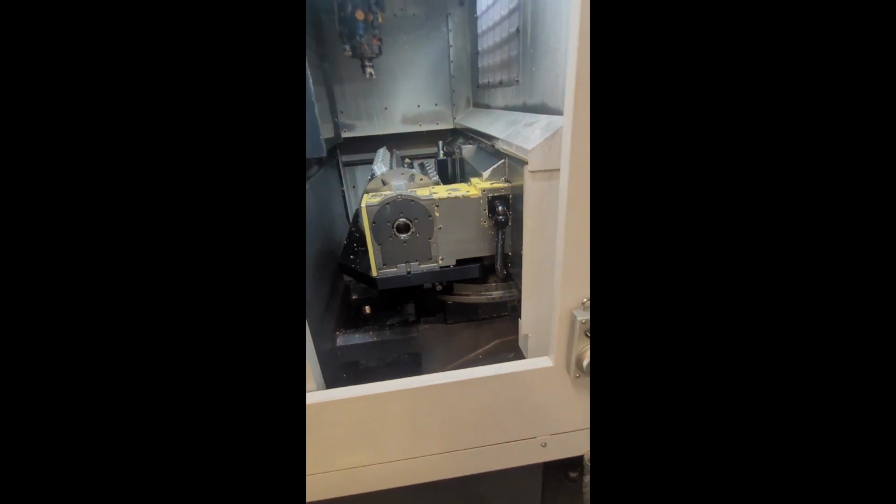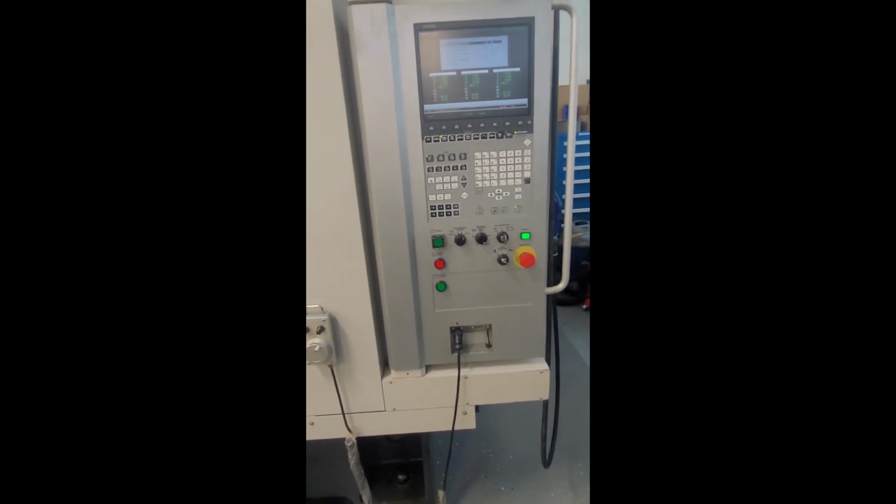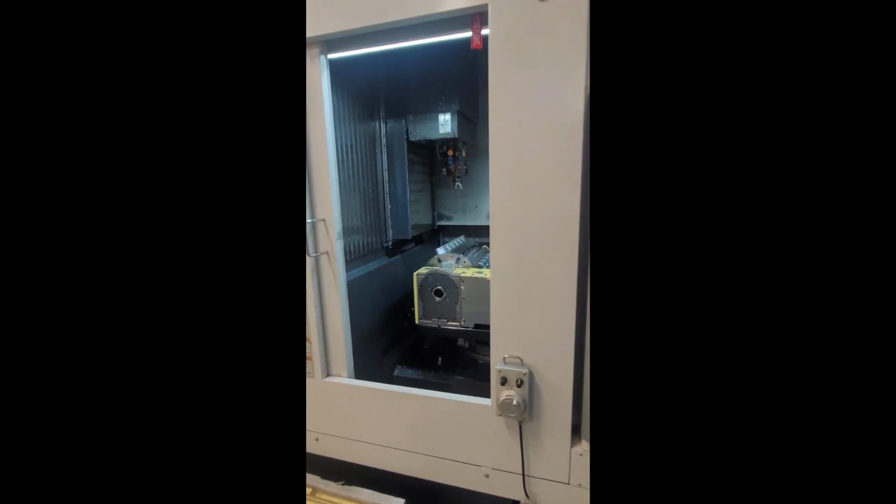Coolant system's good. It's got a turbo chip conveyor that will ship with it, same one that came with the machine. Got the hour meter